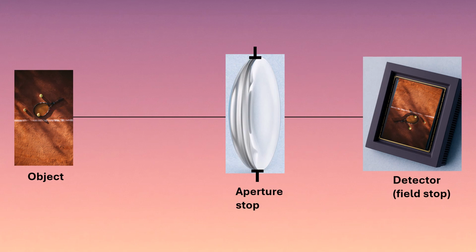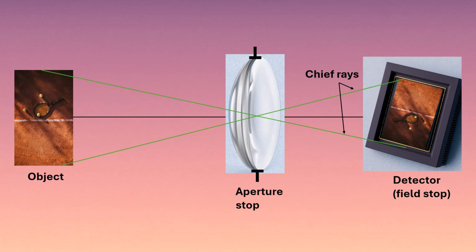Now, let's focus on what limits the instrument field of view. The optical element responsible for this limitation is called the field stop, as we said. Most of the time, we want the detector itself to act as the field stop to capture the maximum amount of information from the object. Similar to marginal rays, we can define the field of view at every surface of the instrument using chief rays. Chief rays are defined as rays traveling from the center of the aperture stop to the edges of the field stop. These rays help us understand which part of the object the instrument can actually see.